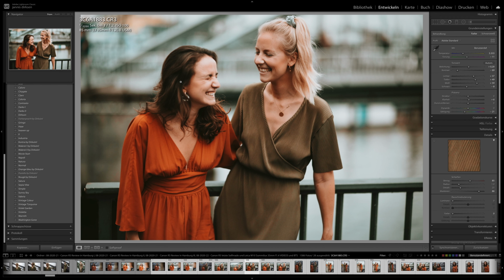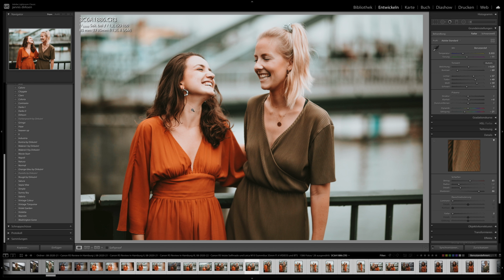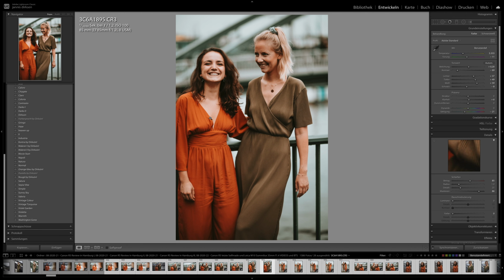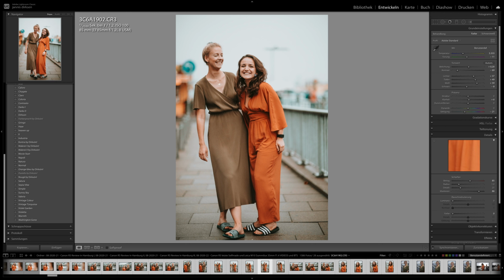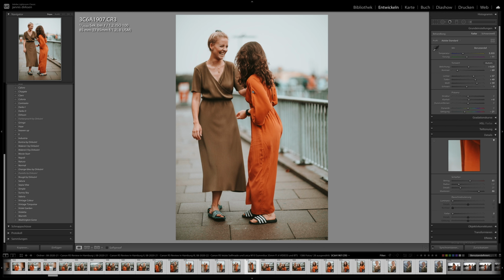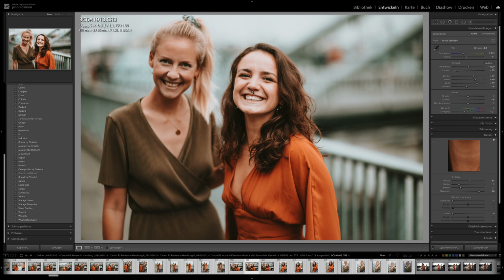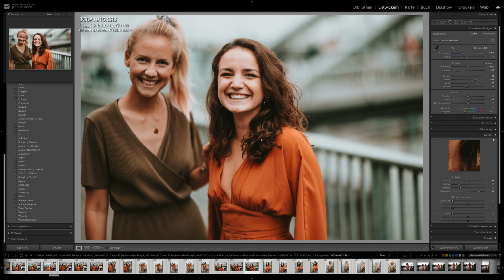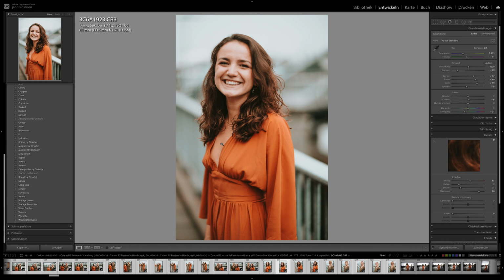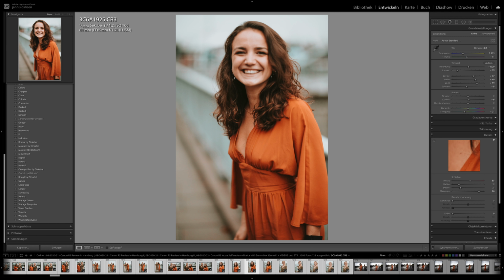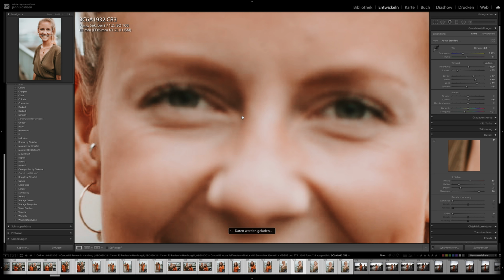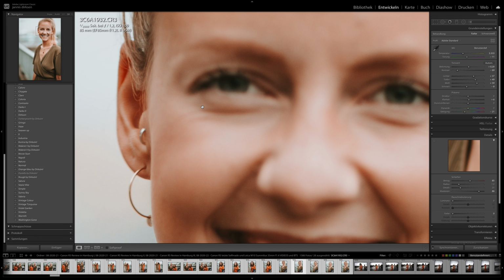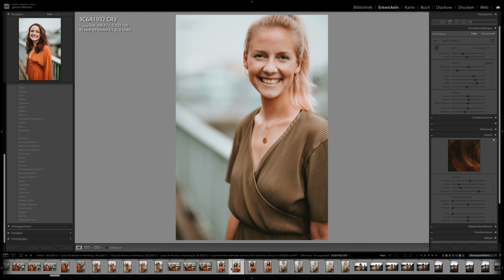I mean, you see sometimes the AF goes off, but 90-something% of the time it hits exactly where it should hit without you having to do anything. I don't have to set the focus point. I just start the camera, say don't use focus points, photograph faces, and then I just need to hold the camera in a way that the face is in the frame, and then most of the time the face is in focus. Now sometimes you see, now here the ear is in focus, I think here also,